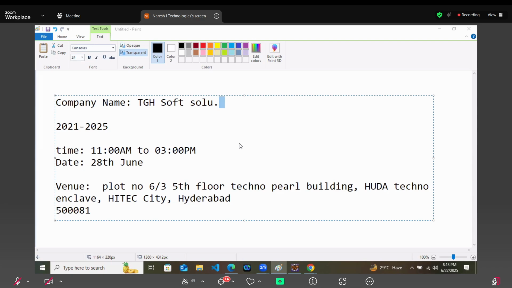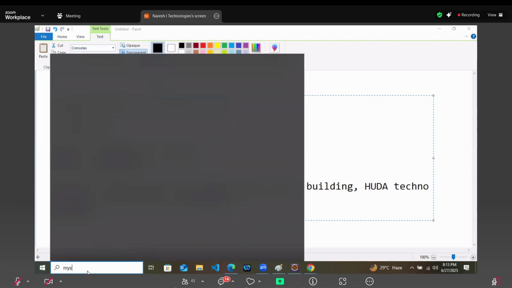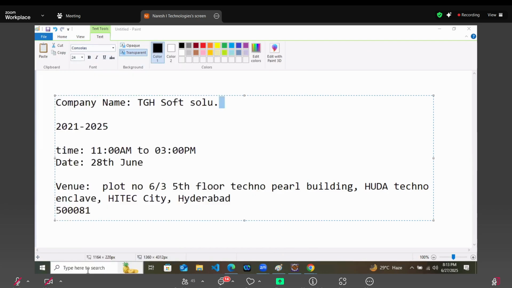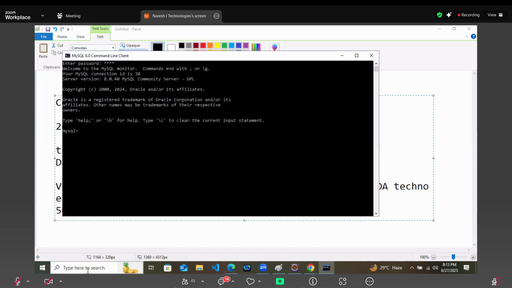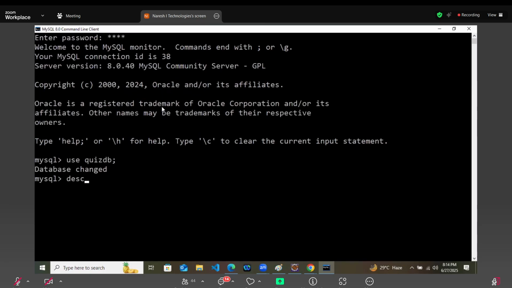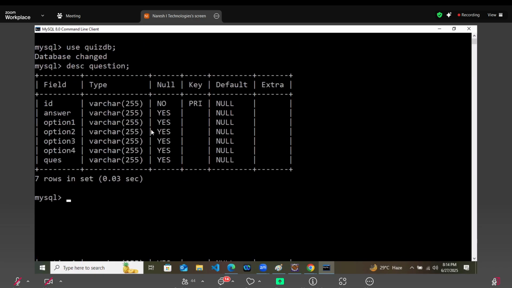Can we write multiple questions? Yes, Shrikar, of course we can write. Let me give you an example. So we just created one, right? Only one question is available in the database. That is why you are getting only one question. If you add more questions, you will get more. What is the problem in that?